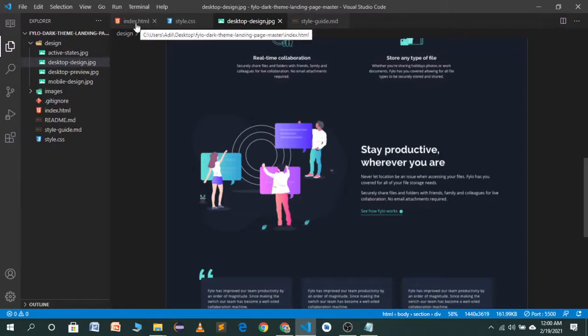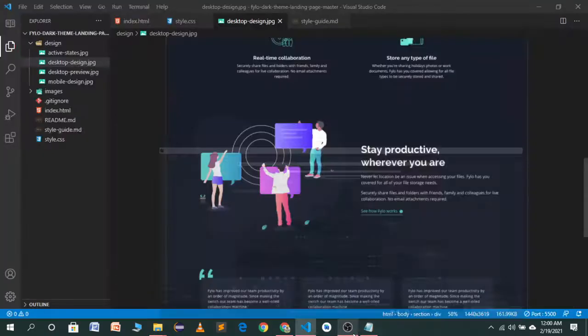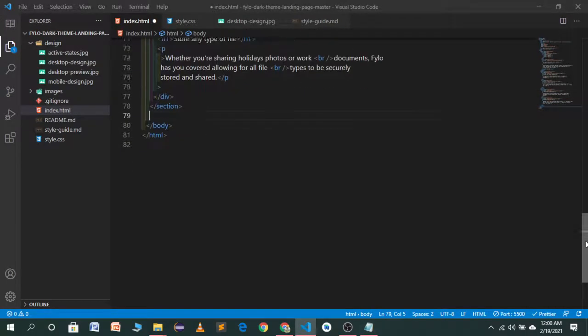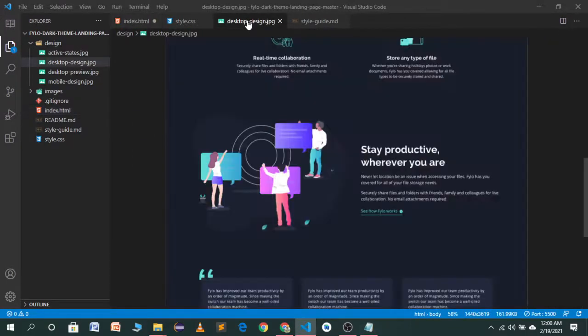So let's go to our HTML file, and here we will create a new section and give it a class name. I will give it a class name of stay productive section.